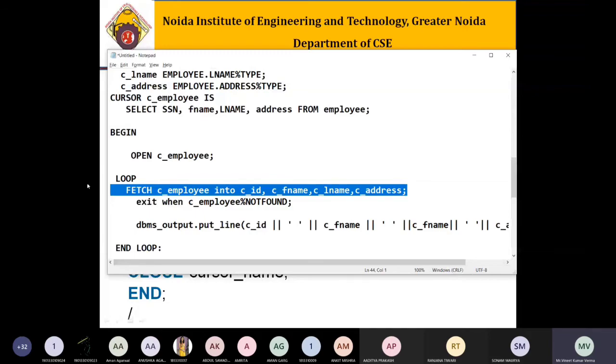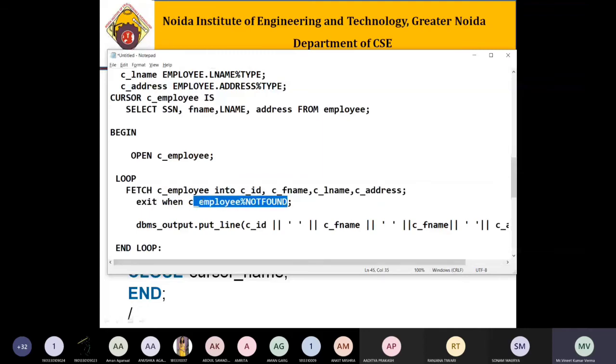यानी कि अगर कोई भी employee record return नहीं करता है तो ये loop exit हो जाए, or whatever information you want to enter, so this will be what you want to print. So I have printed all those information, right? See here, we just want to print the last name in that, right? And so the loop will be ended, and this begin statement will also be ended, right?